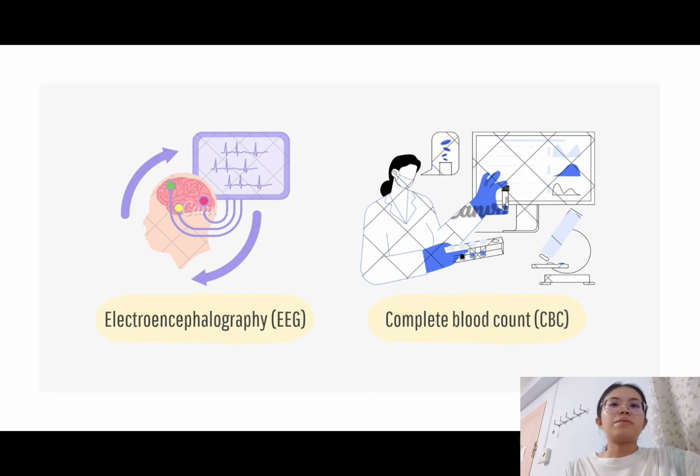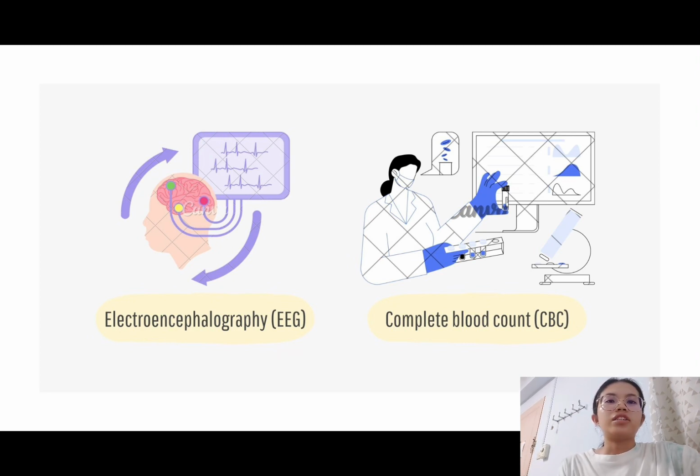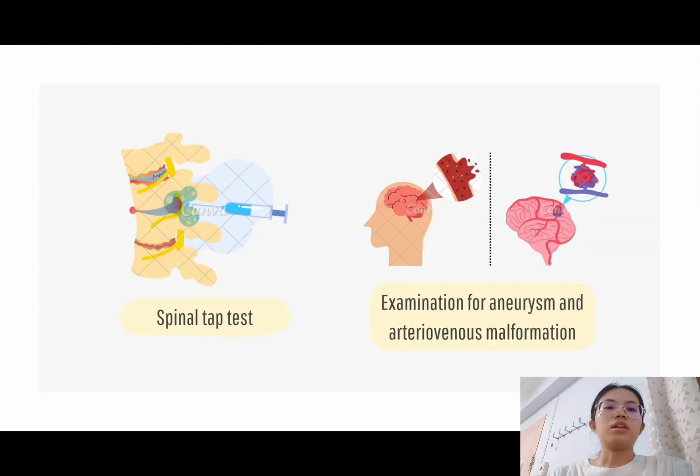It measures the number of red blood cells, white blood cells, and platelets. If there is bleeding in the brain, the test results show a high platelet count and a low red blood cell count. The last one is aneurysm examination and examination for